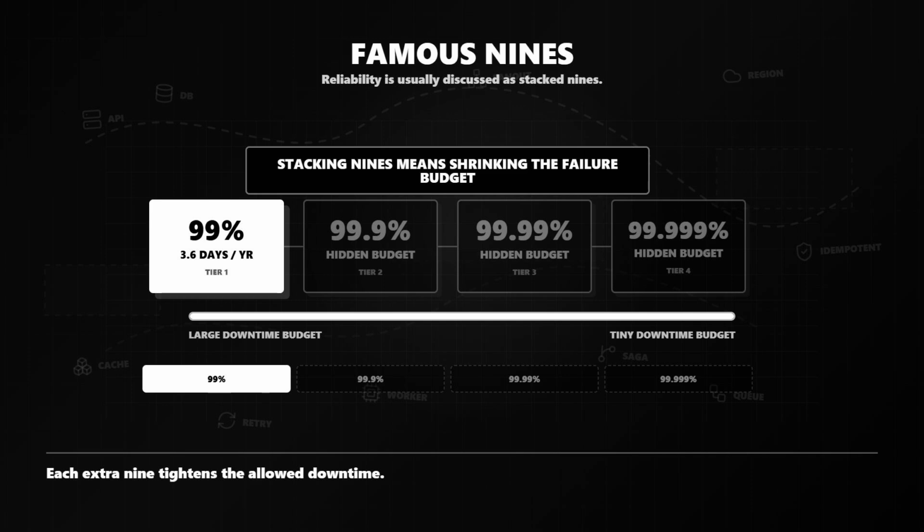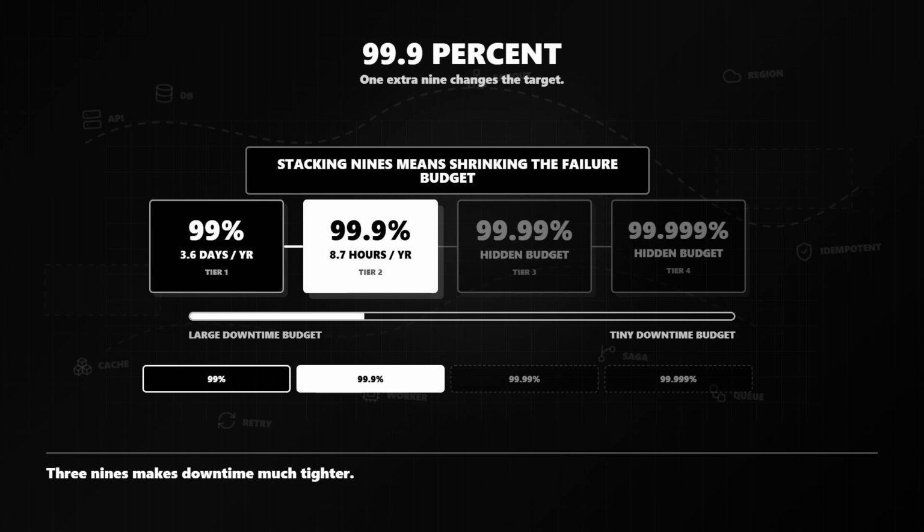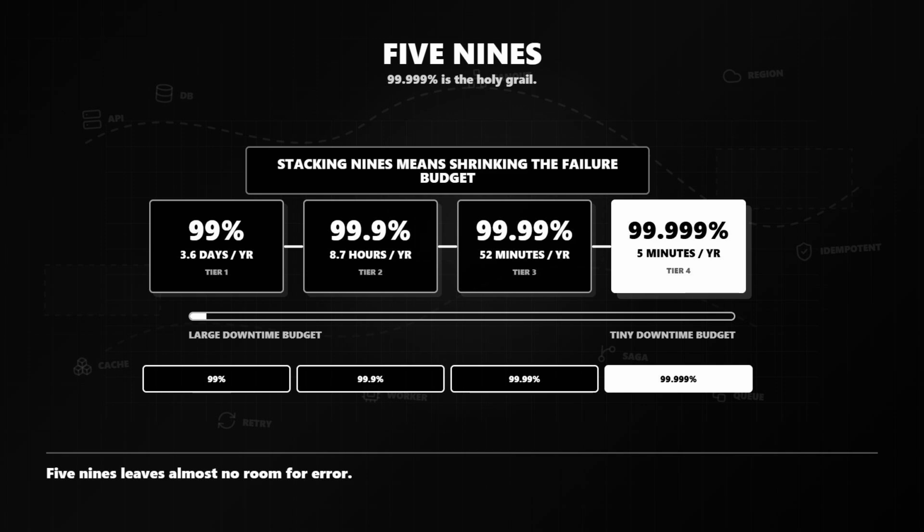When engineers sit down to actually measure this reliability, we almost always talk about a concept known as the famous nines. Let's start the drumbeat. First up, we have the baseline tier, 99% availability. Then we slap on an extra 9, taking us to 99.9%. We add yet another 9, and we hit 99.99%. And finally, we arrive at the absolute holy grail of reliability metrics, 5 nines,